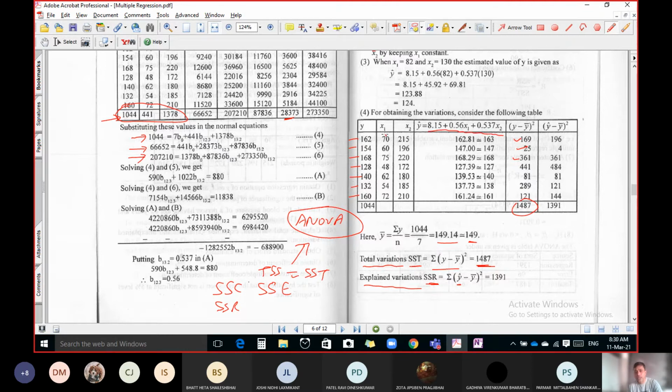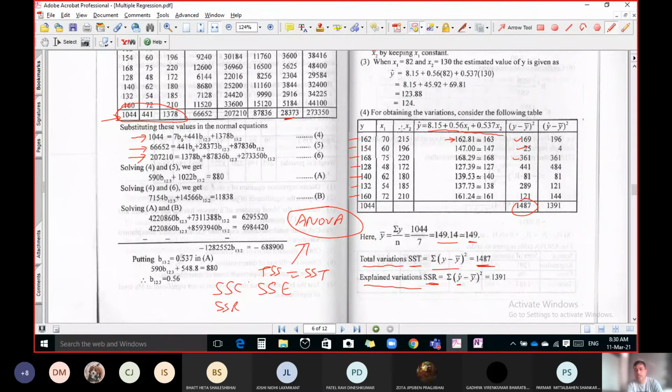Substitute the values of x1 and x2. x1 is this, x2 is this. So put here x1 is 70 and x2 is 215 and find out the value of y, that is y cap. That is roughly 163, round off. Similarly, put the second values, 60 and 196, and you will get another value of y cap. So now we have a value of y cap for different values of x1 and x2 of the given data. This is the given data. So we get the value of y cap.